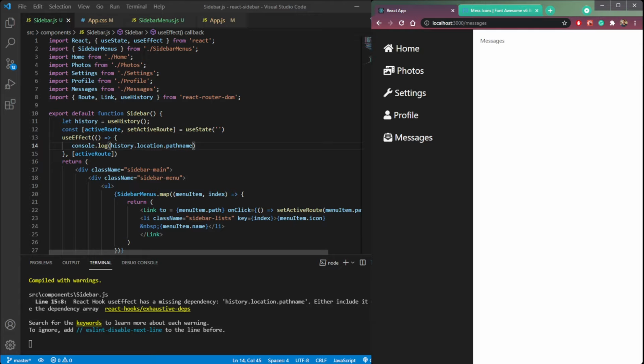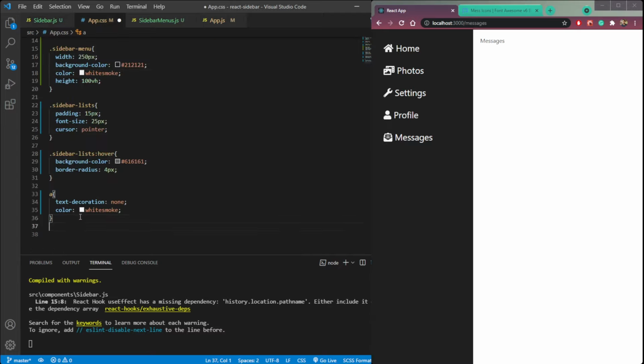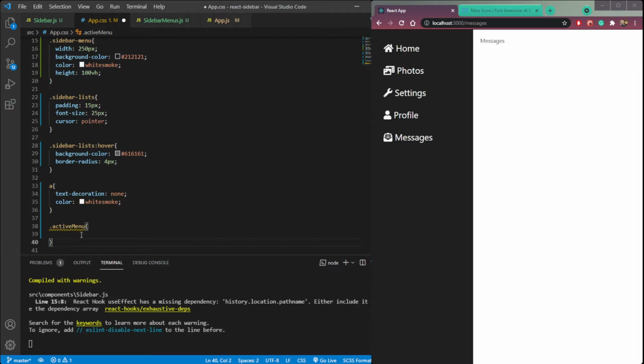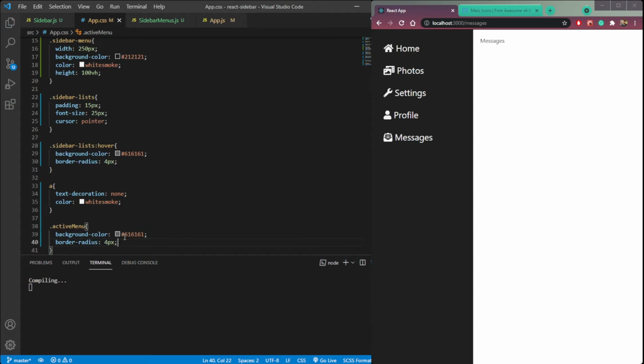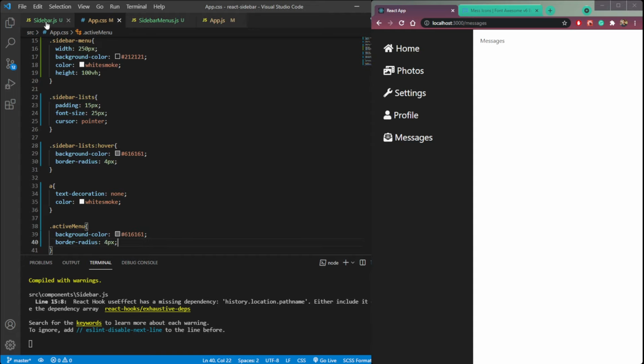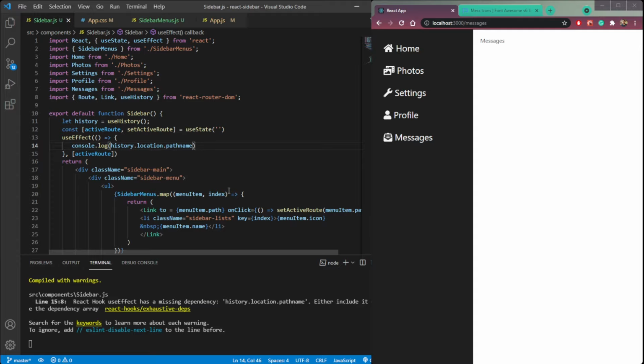Now we need to make an active class. So here let's say active menu. Let's make the background color same as this one. So copy the background color and border radius of 24px, just 4. Then here